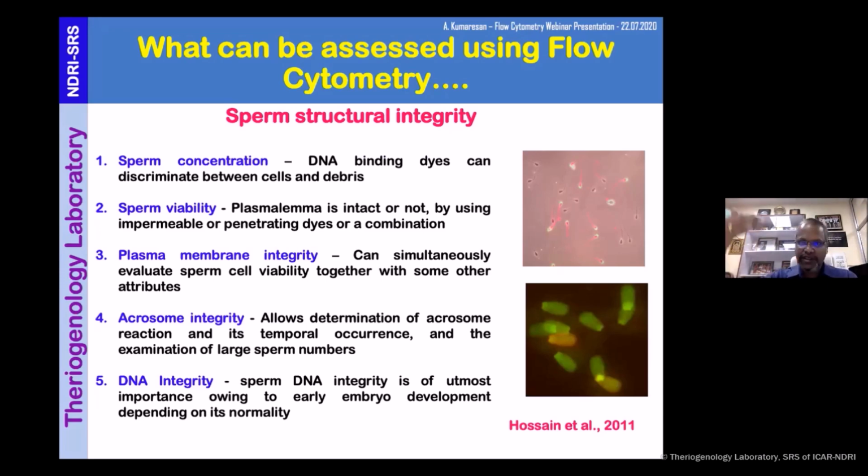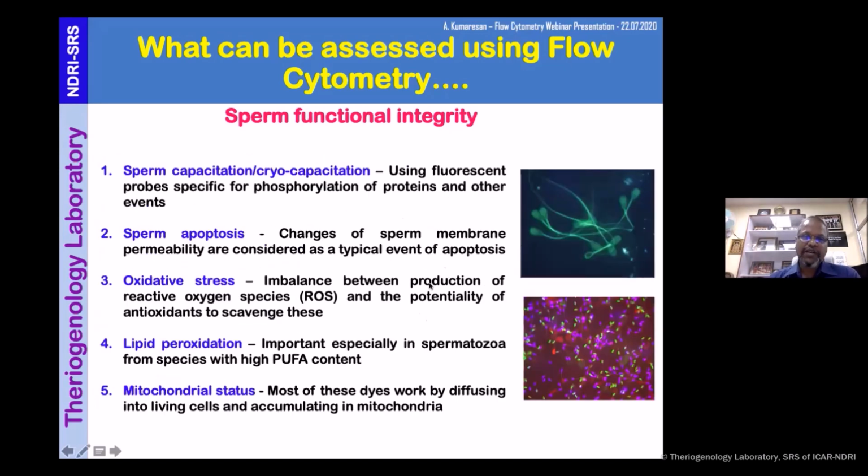I have one slide on what dyes are to be used. I will explain there. Viability can be assessed. Plasma membrane integrity is a little bit different from this; I will explain. Acrosomal integrity, I told you: FITC-PSA, FITC-PNA, and FITC-concanavalin A. All these can be used for acrosomal integrity. DNA integrity is quite interesting and gaining a lot of momentum in animal science. And SCSA, sperm chromatin structure assay, is the one assay done using flow cytometry for fertility prediction in the case of human beings.